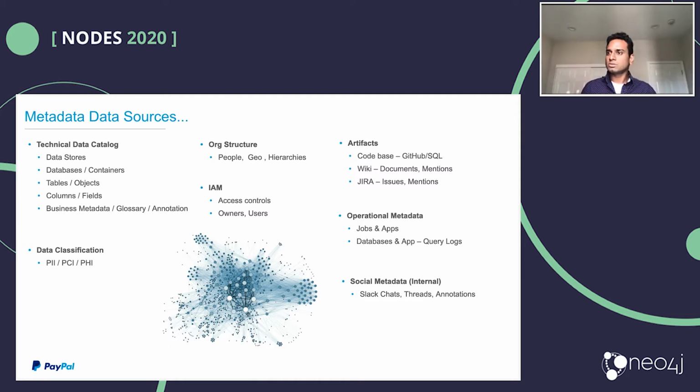And people exchange ideas most likely in the form of conversations or Slack conversations or team conversations. So we do see an emerging pattern where we have a lot of applications that are doing Slack bots, crawling the Slack threads and Slack channels, and trying to answer questions via Slack bots. But why not tap into that metadata and also connect them with our larger graph of enterprise metadata is the question. So that brings the social metadata also as an important component in building the graph of enterprise metadata.